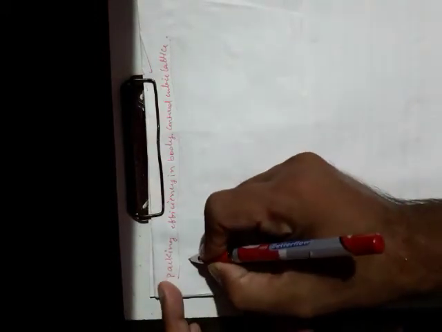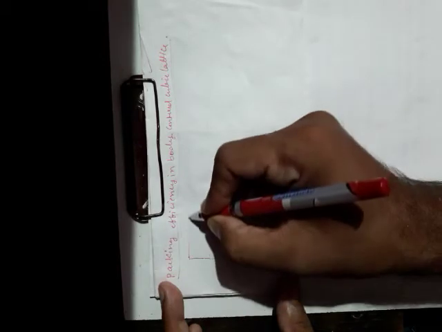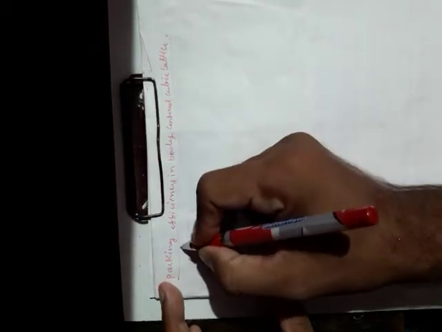Today I will discuss the packing efficiency of body-centered cubic lattice. A body-centered unit cell consists of constituent particles at each corner of the unit cell and at the center of the unit cell. So the unit cell may be diagrammatically shown as